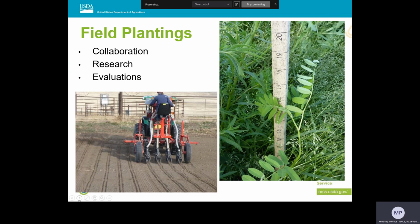Off-center field plantings are another important part of our work. Field plantings are a collaboration with the field office and area office staff, sometimes other agencies. They can be simple demonstration projects, or they can be designed as a research project. But on all of our field plantings, we conduct evaluations to determine the success of all the species involved. The field planting purpose is to assess the conservation potential of a new plant selection or a mix of species, or test a new technology, and to do it using actual conditions and a variety of different soil, climate, and